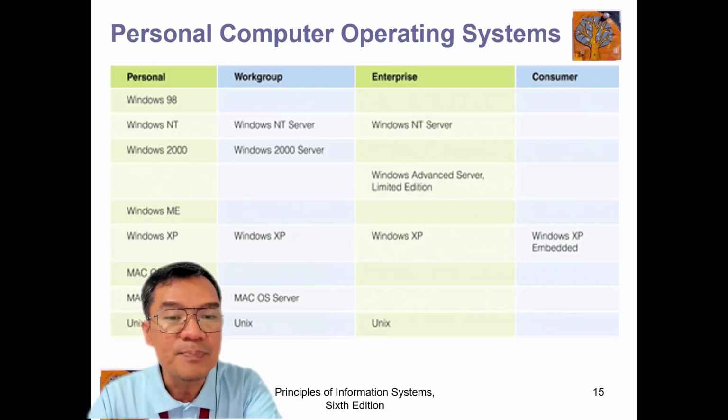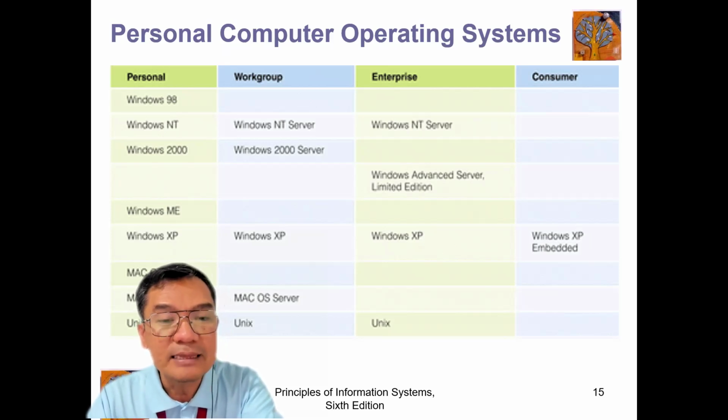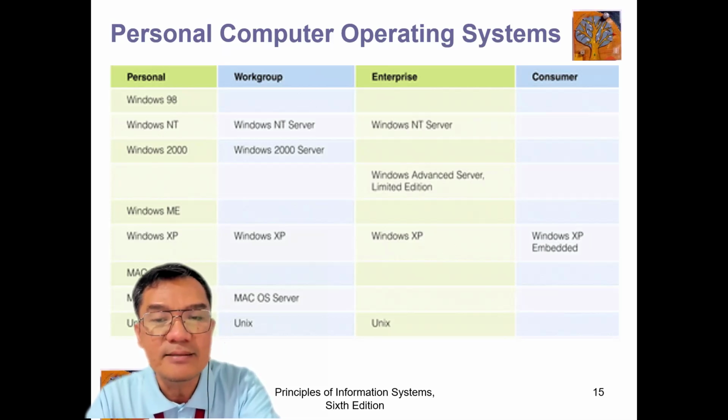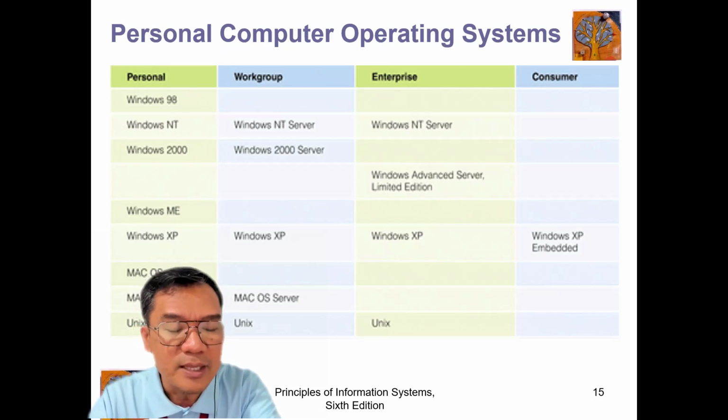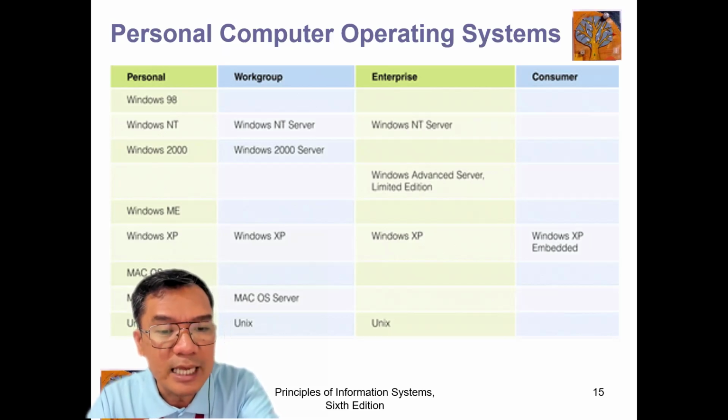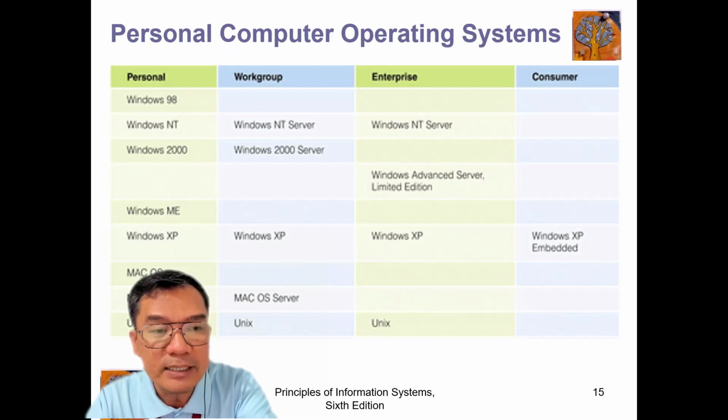And the worst is the enterprise. The Windows NT operating system supports personal, but the software that supports your team is Windows NT Server, and the enterprise is also Windows NT Server. For Windows 2000, for example, we have Windows 2000 Server and Windows Advanced Server for enterprise, and it can also accommodate Windows NT. Windows ME was designed for personal, and Windows XP, or Experience, can already support the enterprise level, even if it also supports personal.